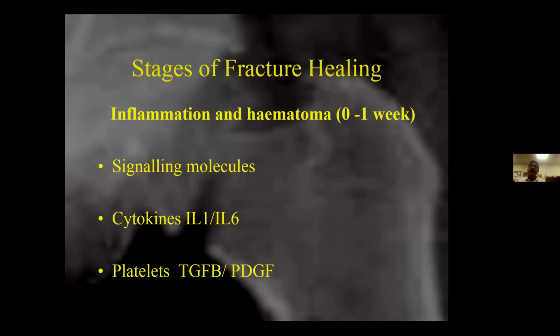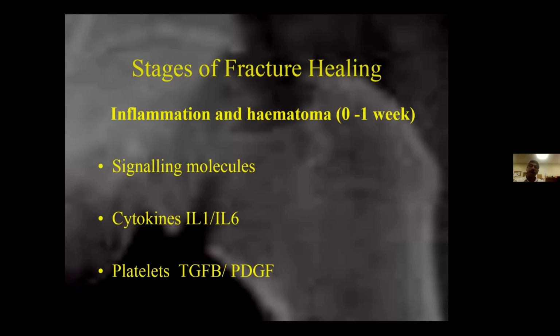Just remember this figure. And what is responsible for that? Platelets are very strongly responsible for this stage. And you have TGF-beta and PDGF. We'll come to that later. And remember, tell the examiner, I do know they are signaling molecules,